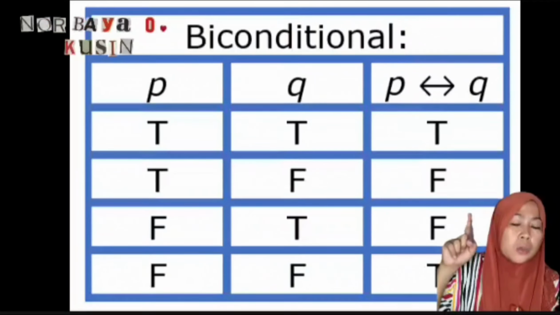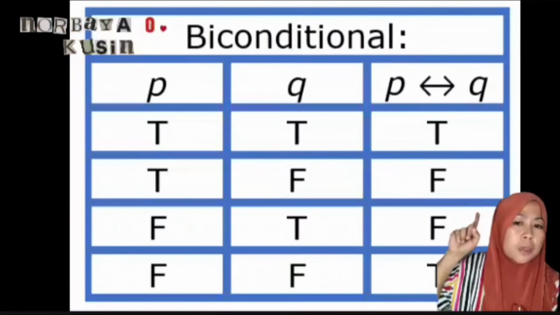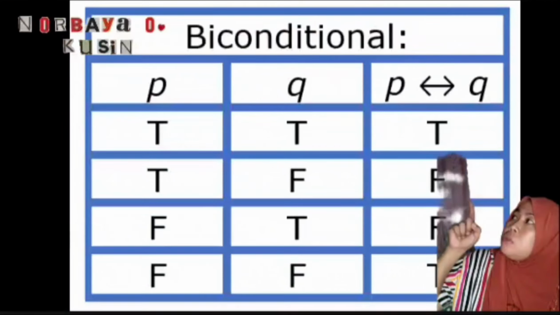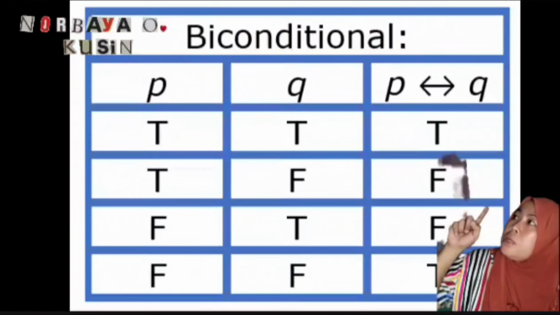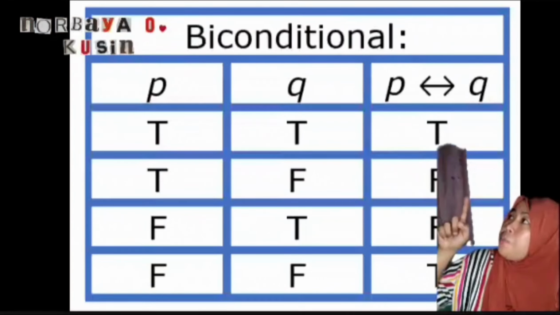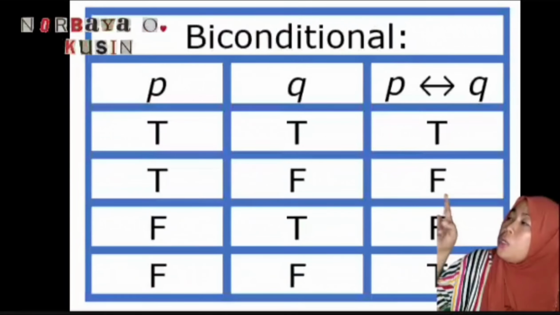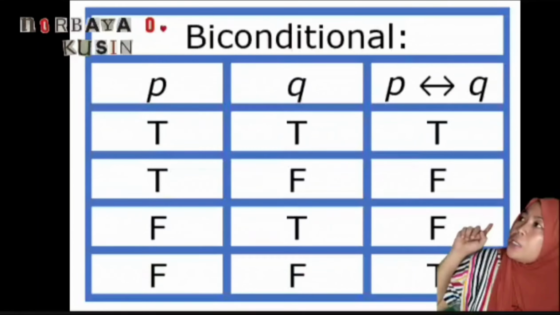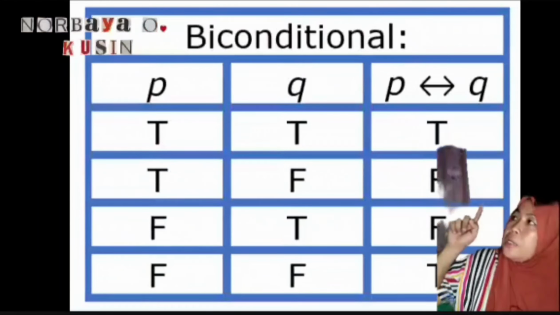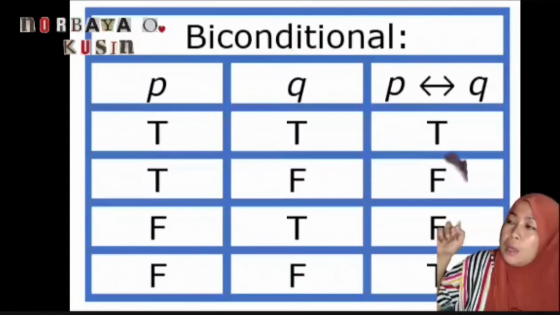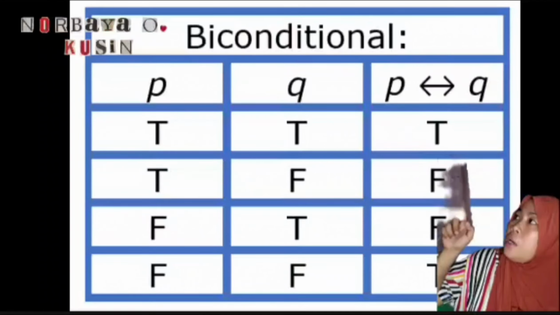So, nakikita nyo po yung ginawa ko dito. Dito sa kabila is meron tayong P, and then meron tayong Q. And then, the third row po ng ating table is meron tayong P if and only if Q. So, dito sa table is, naglagay po ako ng T, which is true. And then, sa Q is meron tayong also true, which is the T. And then, ang result nito,